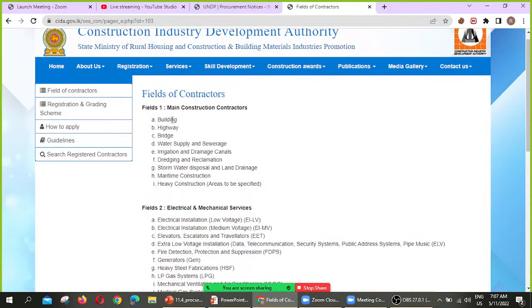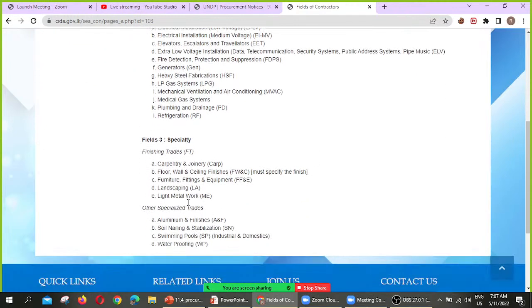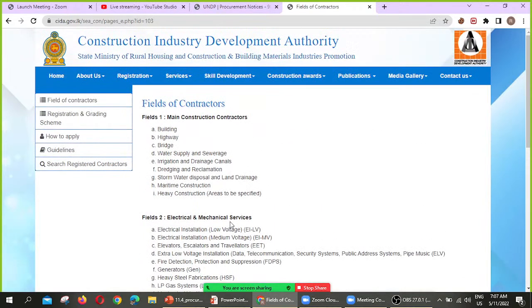Then they have categorized fields: main construction contract, electrical, mechanical services, specialty, trading, and other things, right? So they are giving certificates, A grade, B grade, C grade.